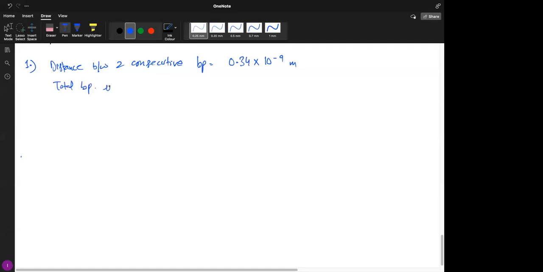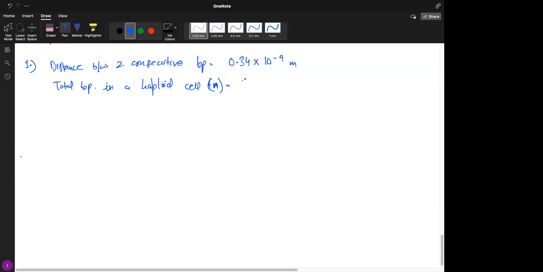Total base pair, in which cell? In a haploid cell, sperm or ovum, anything. Haploid cell means one copy of the genome, right? Just to make things simple, I'm taking one copy of the genome. Is it